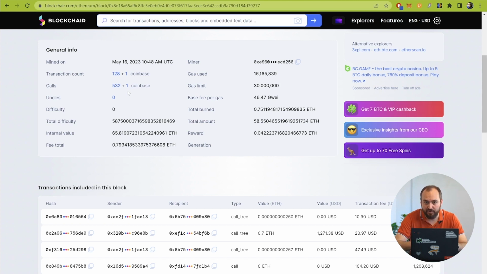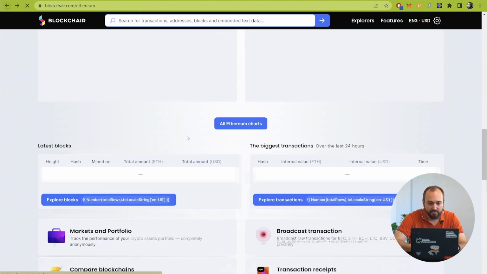For example, if you're using USDT or DAI stablecoin, you're not working with just transactions, but you are working with smart contracts, because DAI or USDT is a special smart contract inside the Ethereum blockchain. Okay, let's